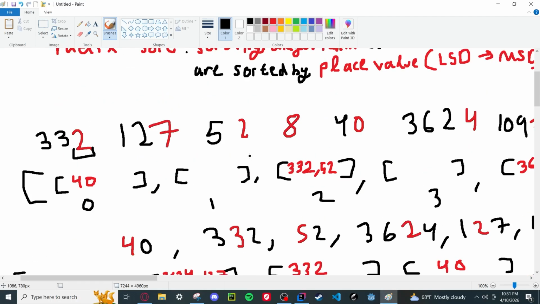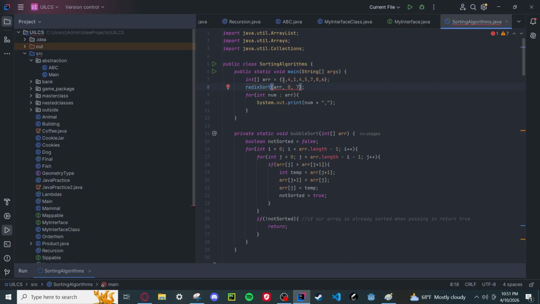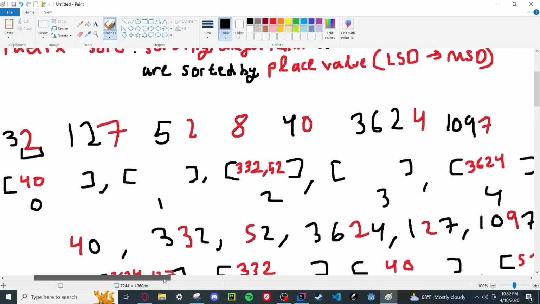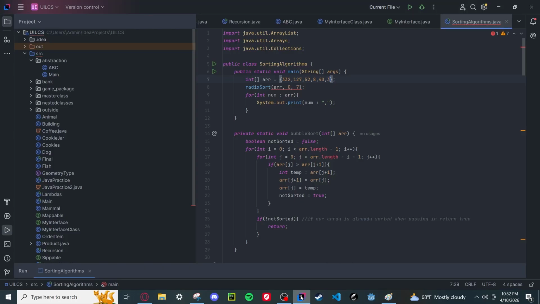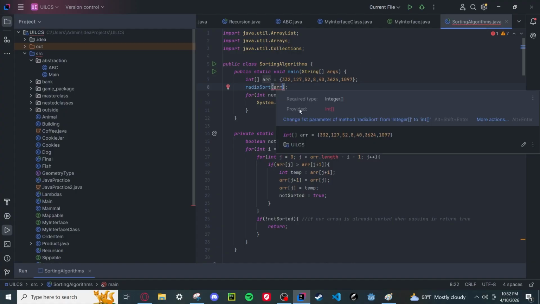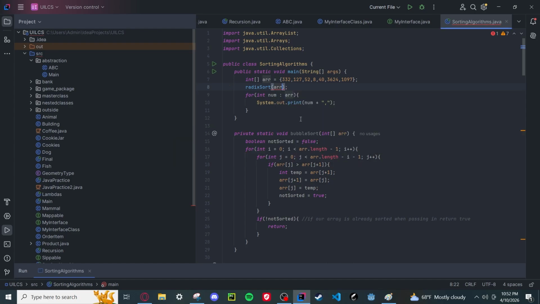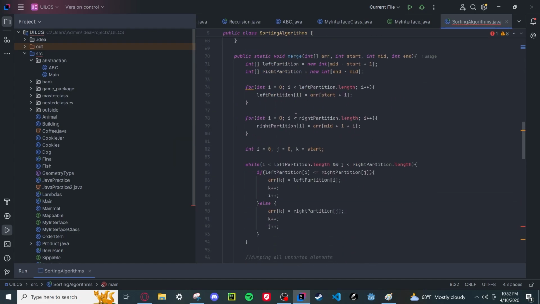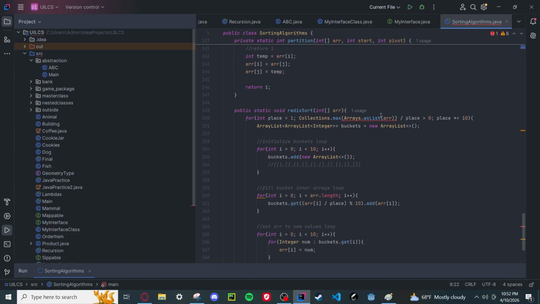What was our array again? It was 322, 127, 52, 8, 40. Then we have 3624 and 1097. Radix sort needs this array type integer. Can we just run this? Will it cook us? Okay, so